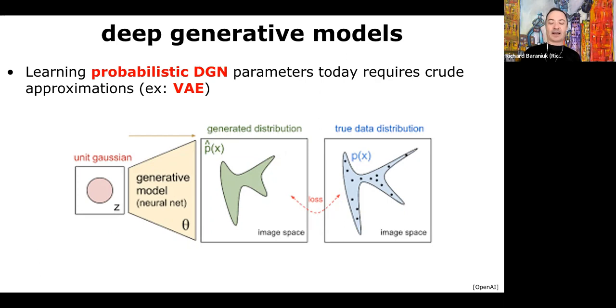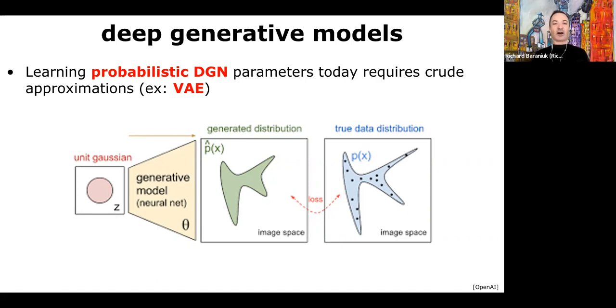Well, it turns out in practice, this is done using extraordinarily crude approximations, because it's very hard. It has been very hard to compute any of these properties, compute the likelihood, compute the posterior of this green distribution, and so people resort to really crude independence assumptions, and these fall under this idea of variational